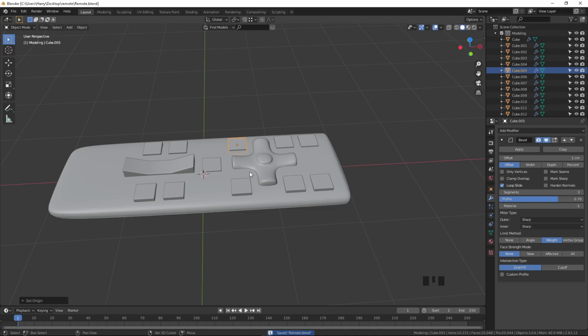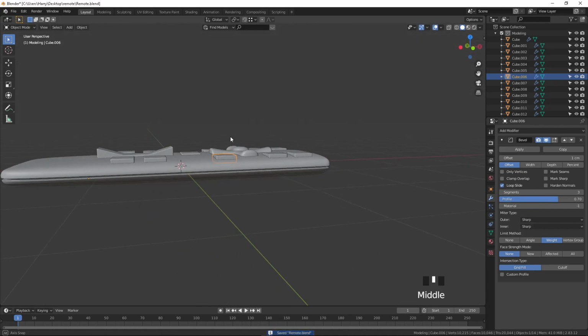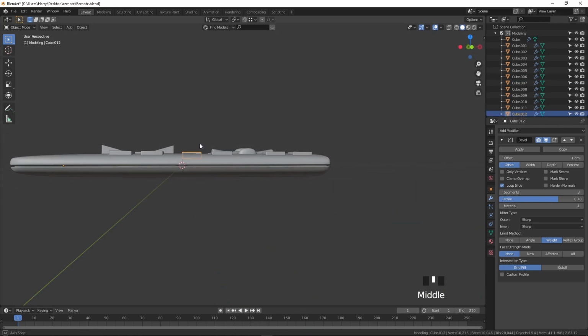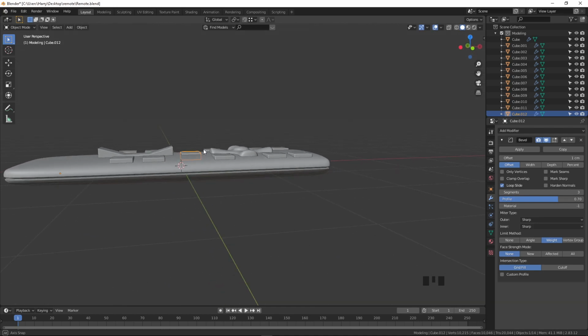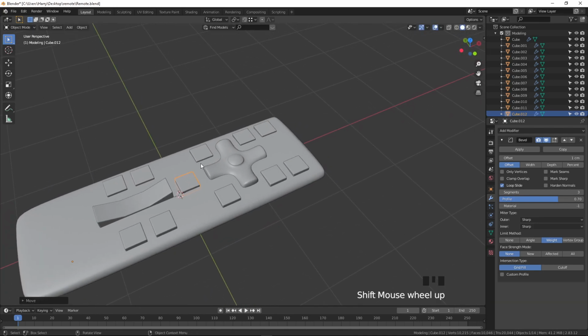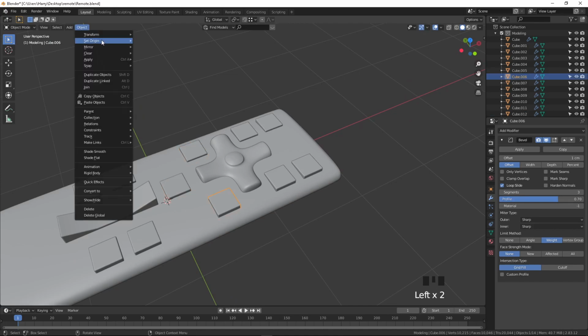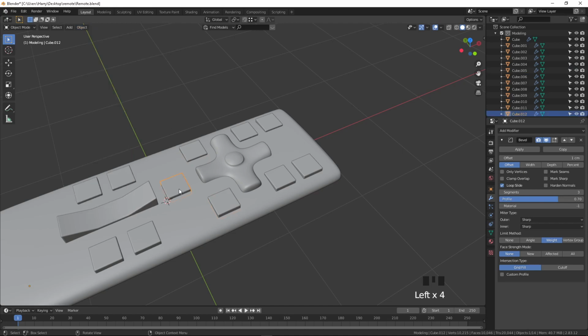I press Ctrl S to save, and this is the reason I'm applying this to everything. You can see this button is moving correctly now. I press G Z and using the Shift key I move it a little bit further above, right. Okay, I select this one and go to Object and Origin to Center of Mass.